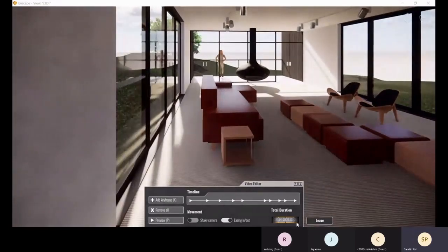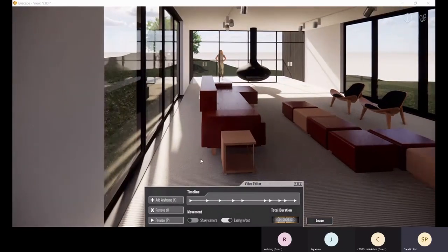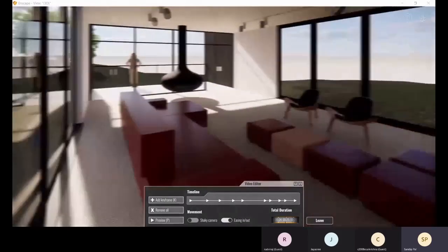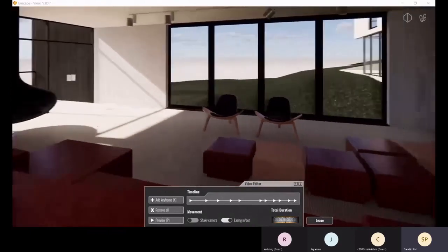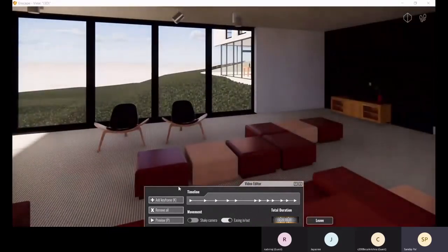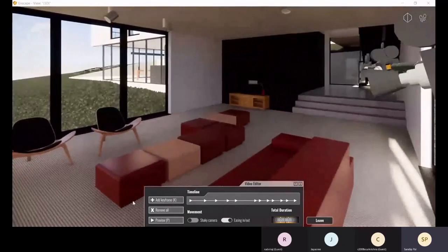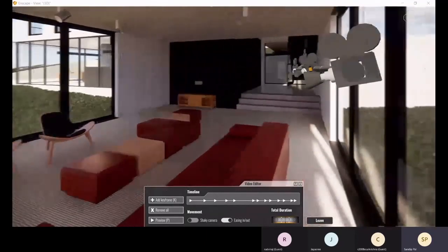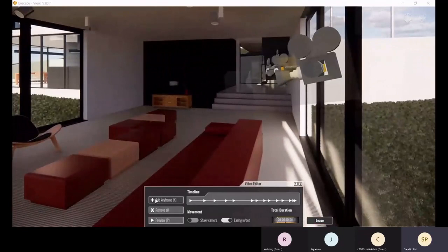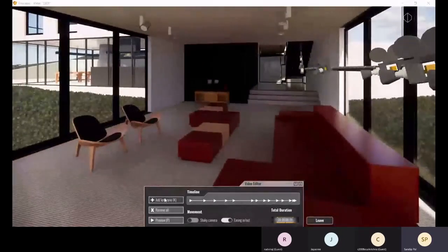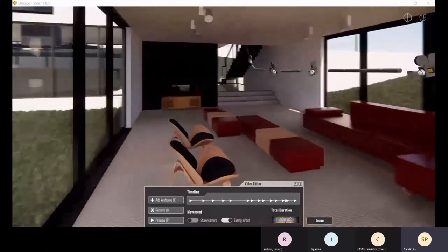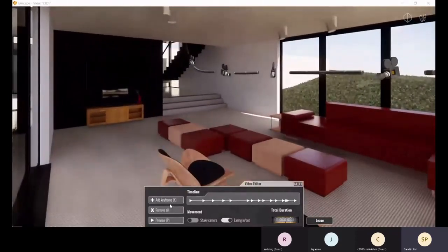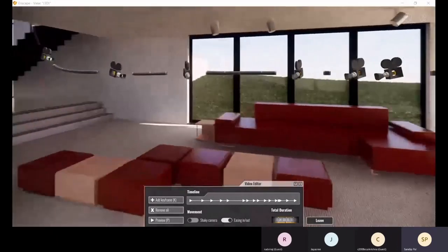Place another keyframe here, and here you get the total duration for your video. Another keyframe you add. Add another keyframe. Add another keyframe.